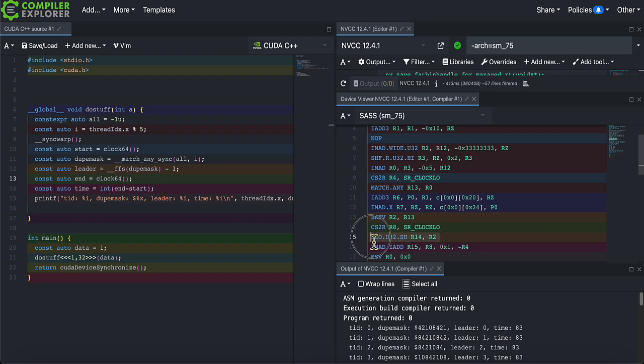This FLO is now placed after the end clock, but the FLO is a part of this find first set statement, and that needs to happen before the clock. So this has now, well, escaped our timing. Let's put the volatile back.